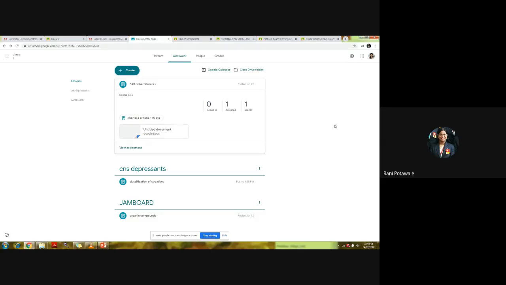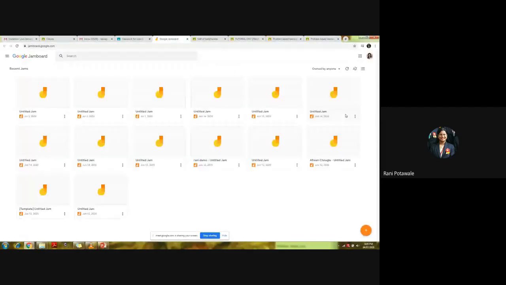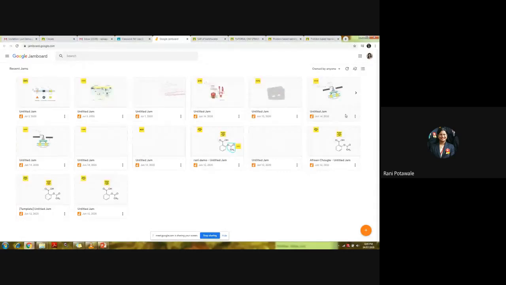Now here I would like to talk about one more feature of Google Classroom, or one Google app we can say. In these different Google apps, we can see this feature, Jamboard. Now Jamboard is nothing but the blackboard or whiteboard that we have used during our conventional teaching-learning process. These are the previous Jamboards which were created by me. If you have to create a new Jamboard, just click this plus sign